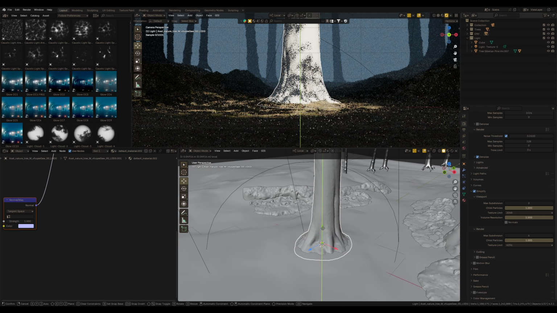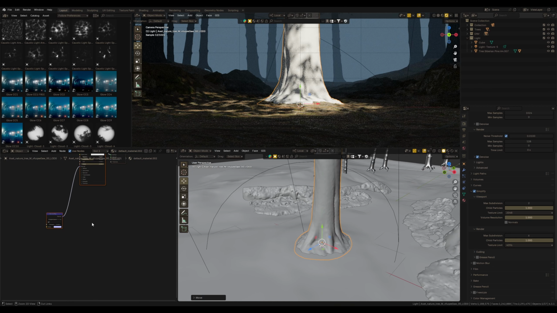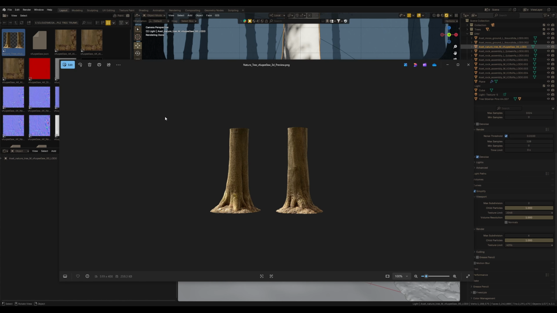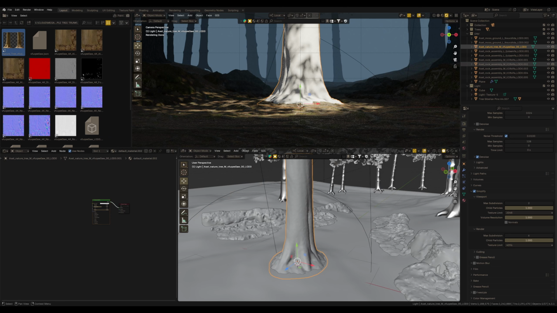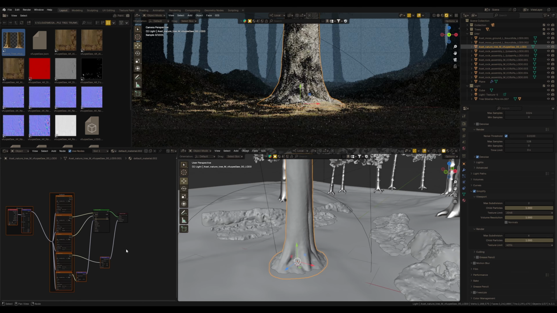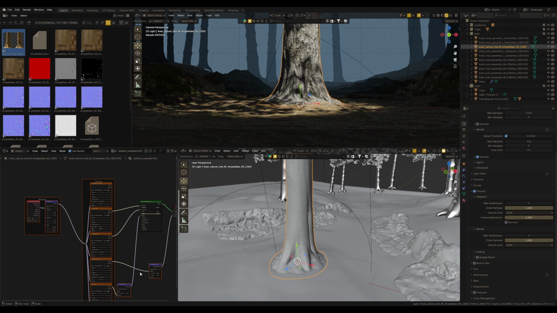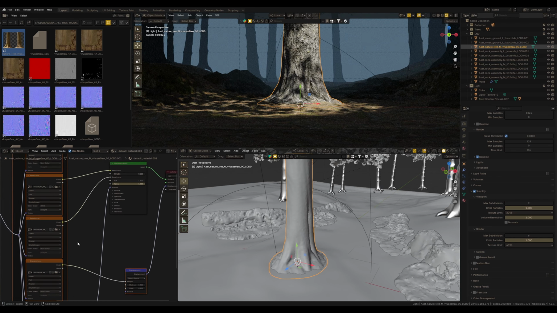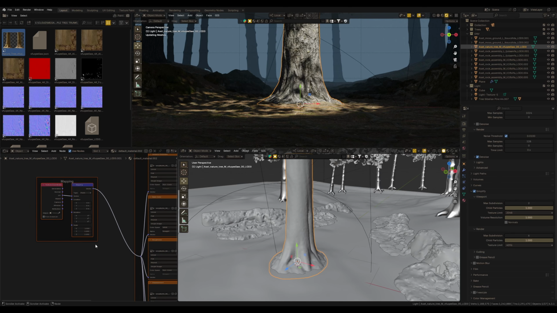Since we added displacement to the ground, I move this tree up a bit to adjust for these changes. Now let's add the texture to the trunk. As you remember, this trunk is a Megascans model, so it already has textures we could use, but for me, they don't fit the scene because I want rougher bark textures, like the surrounding trees I already placed here. So I apply new textures to this model, which looks much better I think, and scale it slightly to fit it.